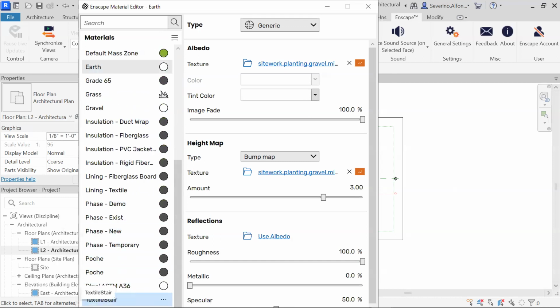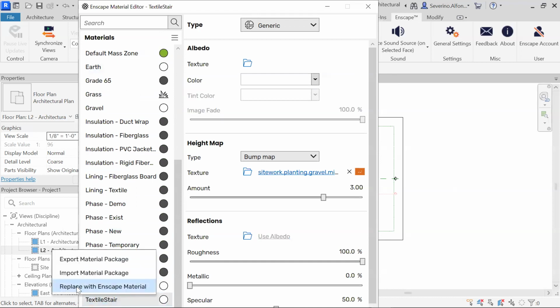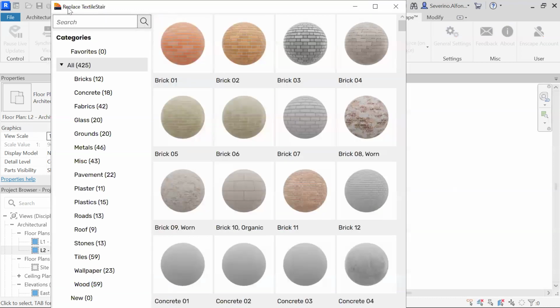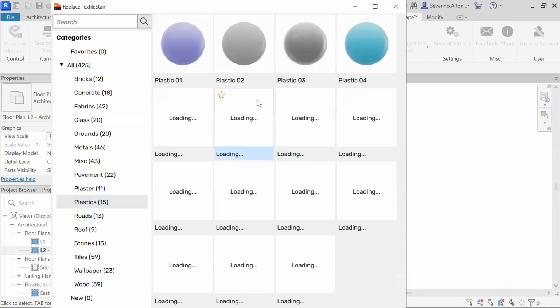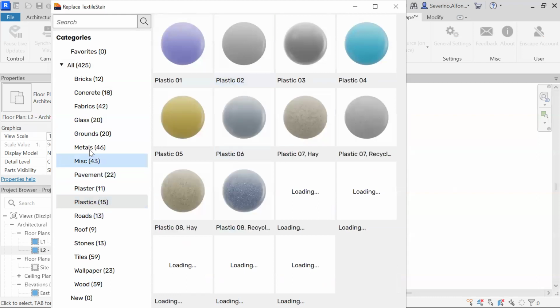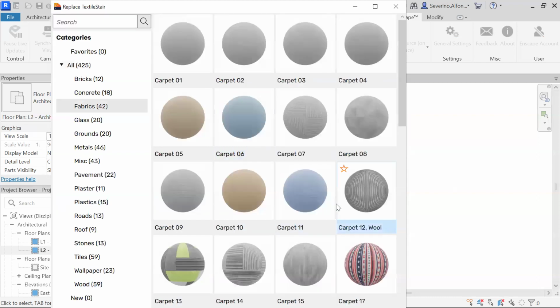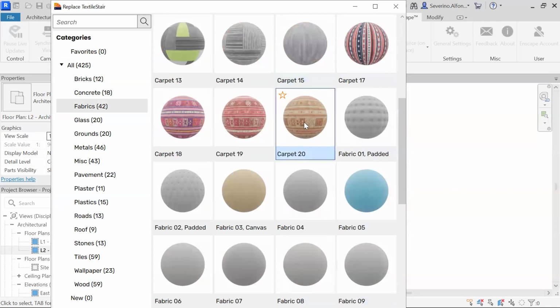Textiles there, this is the one I just did. I'm gonna actually not use this. I'm gonna replace it with an Enscape material. That's how you do it. I do not like the Revit one. I want to replace that one with an Enscape material. When that happens, it opens up the multiple kinds of materials from Enscape. And what you do is say, I love, let's see if we have here fabrics. You say this one, carpet, and then you say,